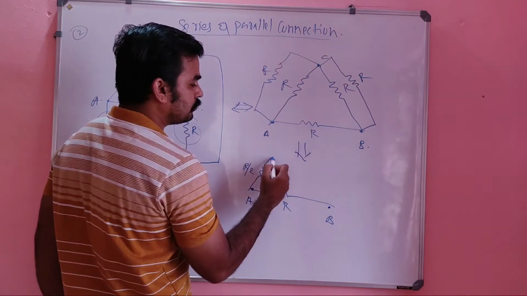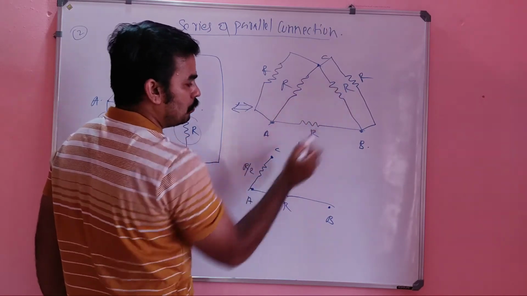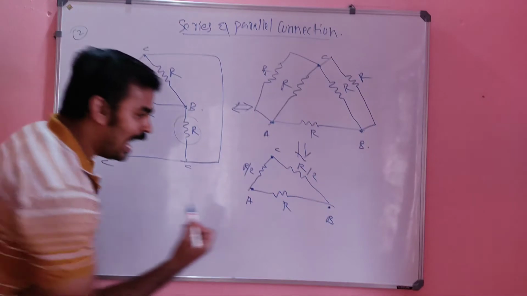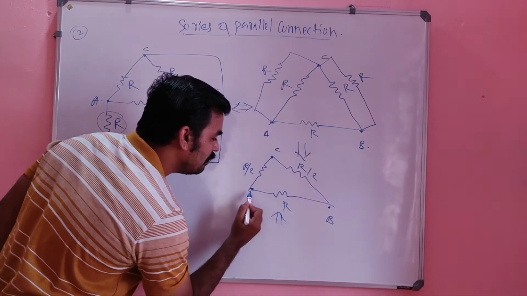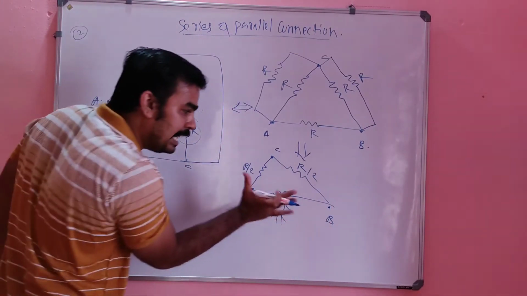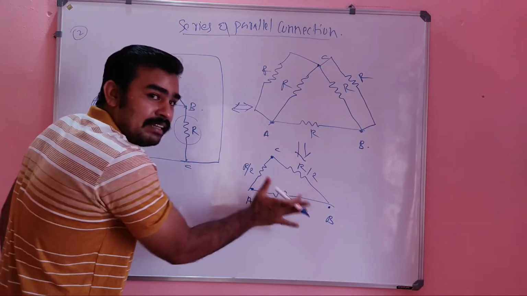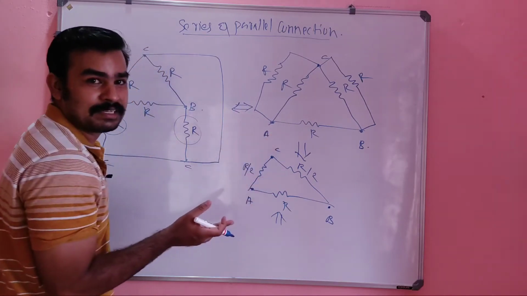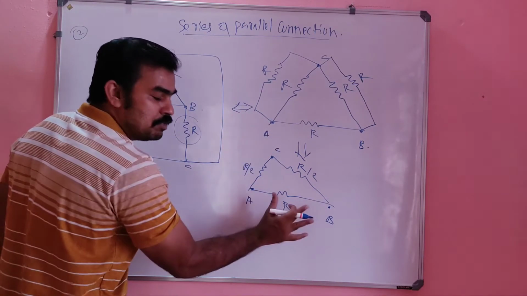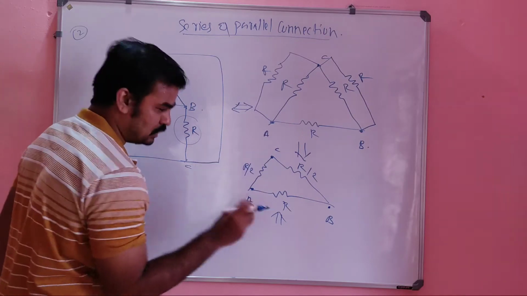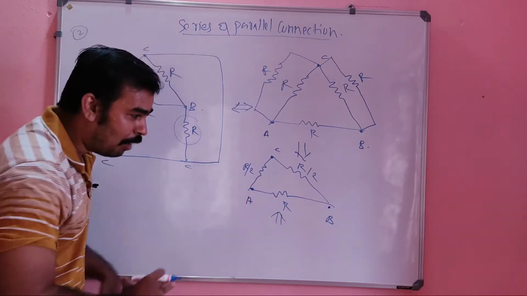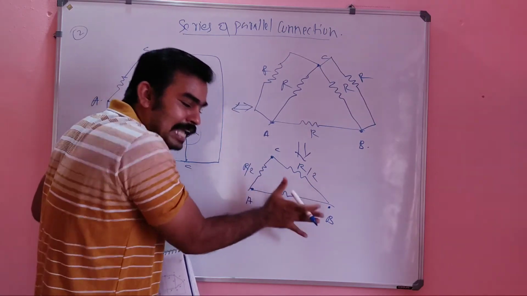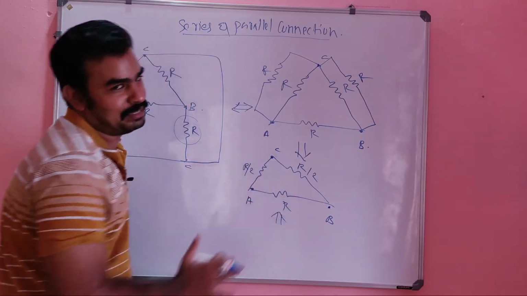Again this portion, this point is C, again this portion, it is again R by 2. We have to find the resistance between A and B, so that A and B, that point remain there. We have to reduce the other sections. So we don't want to reduce, or we don't want to touch A and B. We have to keep that A and B points as it is, and we have to reduce from the other side.